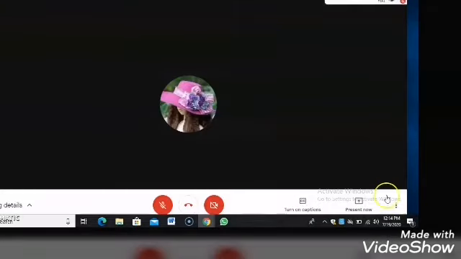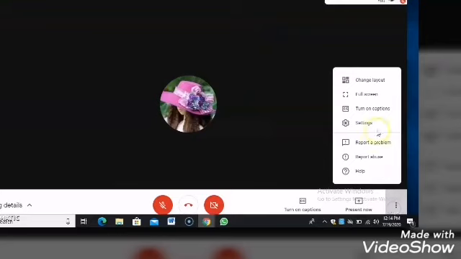Okay, there are many more options which can be used. Secondly, full screen. If I feel that some icons are visible over here and I feel that they should be closed, then I will select full screen, and my Google Meet page will be on my full screen.